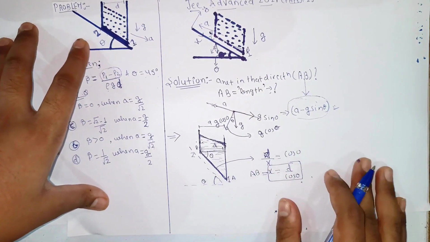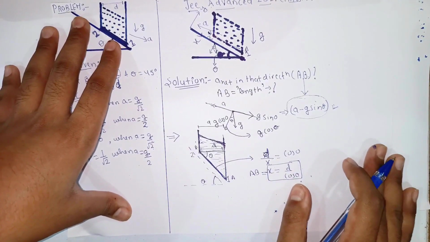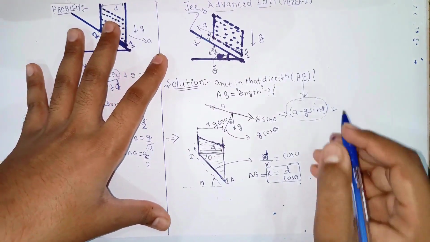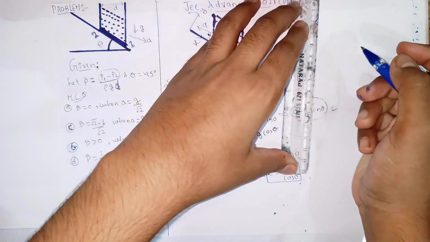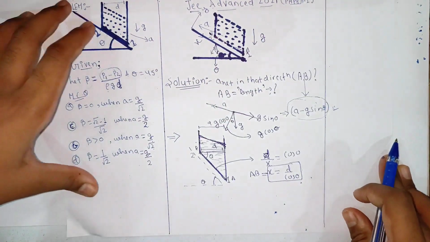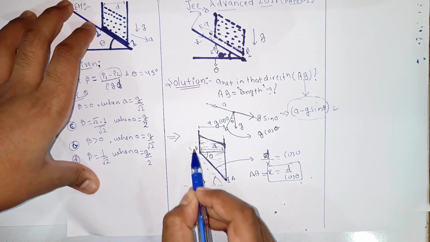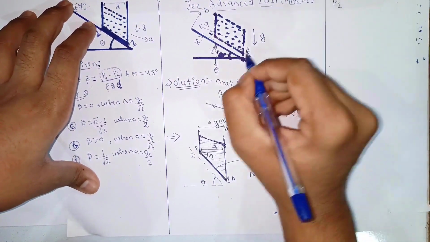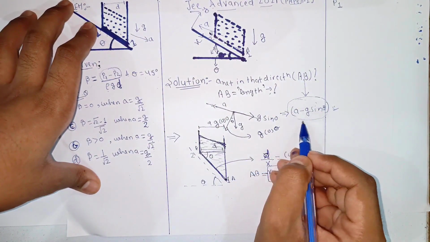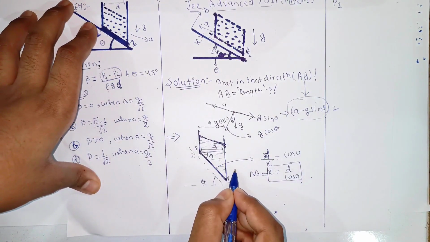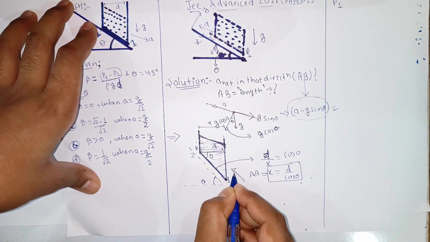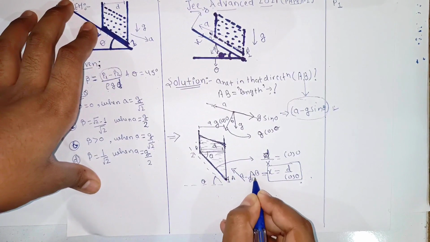Okay. Now all the things we have evaluated. Now we just have to travel from this point to this point to find the pressure difference. So let us travel from here to here. So here the pressure is P1 at this point. Now A minus G sin theta is the acceleration in this direction. Let us take the acceleration in this direction like this, A minus G sin theta.